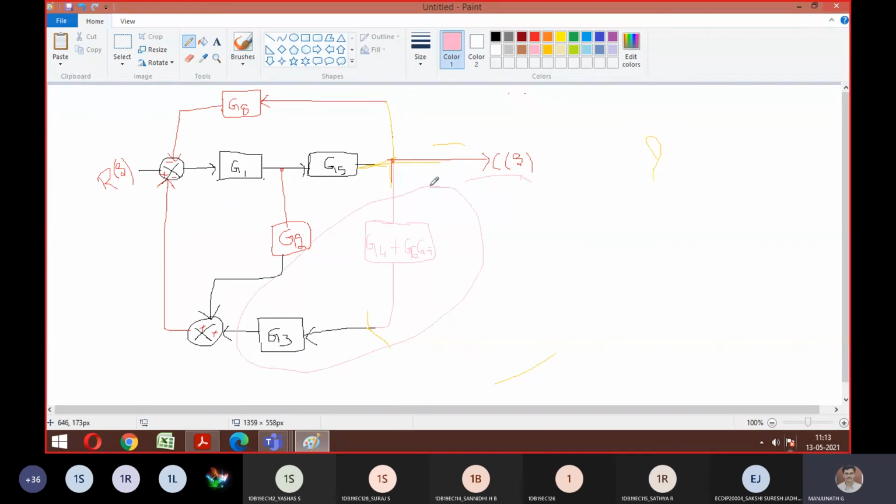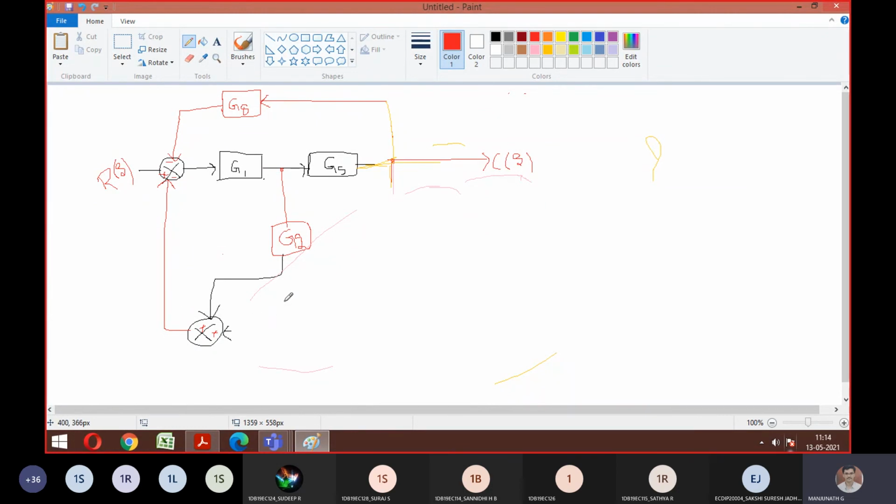Is it okay to others? Everyone? Is it okay till here? Okay. So after this, you should tell me what I should do. So this much I told you. So this is also eliminated to a single block. If I eliminate this also, how does the answer look now? So this is gone. I'll be having only one block. So what will happen to the summing point now? One summing point is gone, meaning only one side is left out, right?